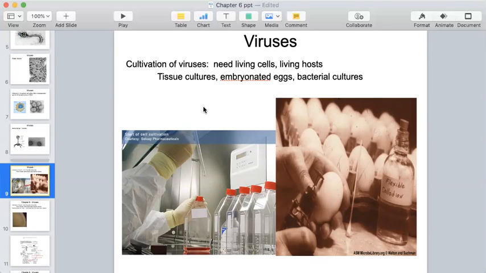But just like we cultivate and study bacteria in the lab, we do the same thing with viruses. But in order to cultivate viruses in the lab, we need living cells, right? We said that viruses cannot carry out the properties that are required for life by themselves. So if we contrast that with bacteria cells, you've seen petri dishes in the lab. You've probably seen a picture of a petri dish before. Well, we use those, and we can put